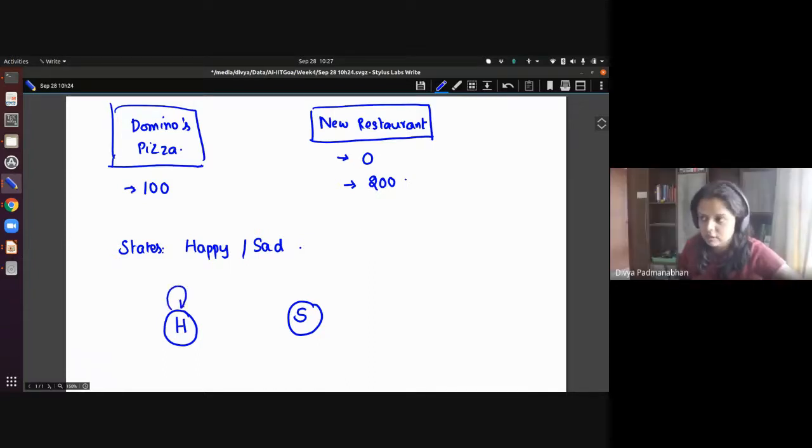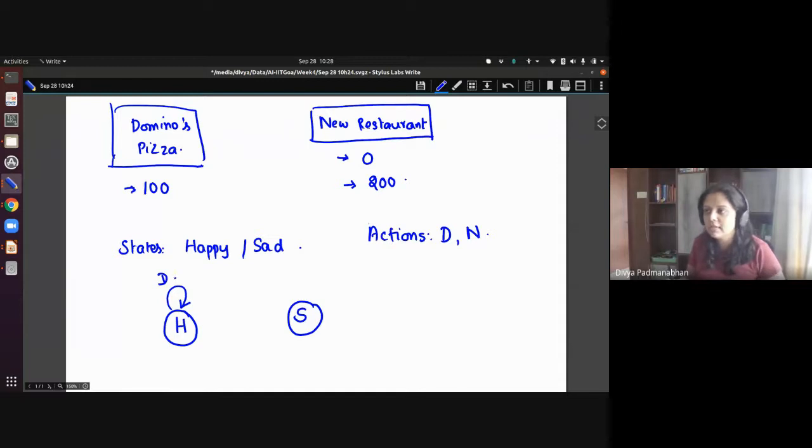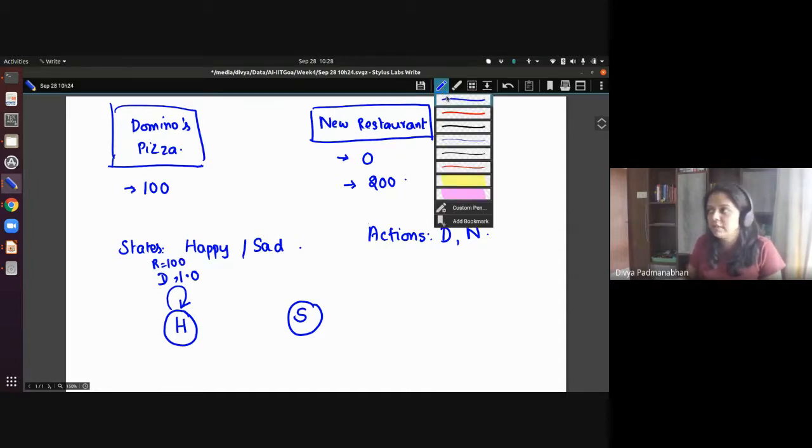So the actions are either Domino's or the new restaurant, the two actions possible. I think that was Sahil, right? Yes, ma'am. Okay. So if you go to Domino's, then it's a consistent state. So this is a probability of 1, and you're going to get a reward of 100. Okay. So this is this one. Now what happens if you go to the new restaurant?